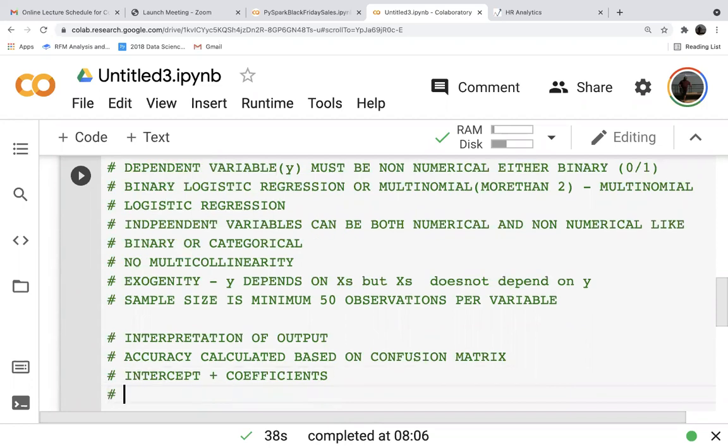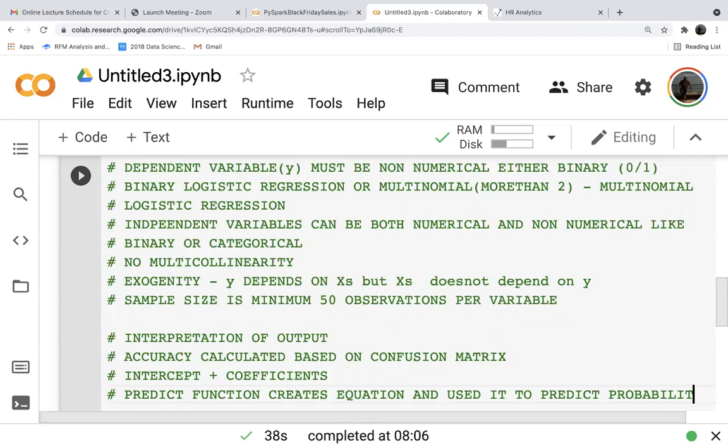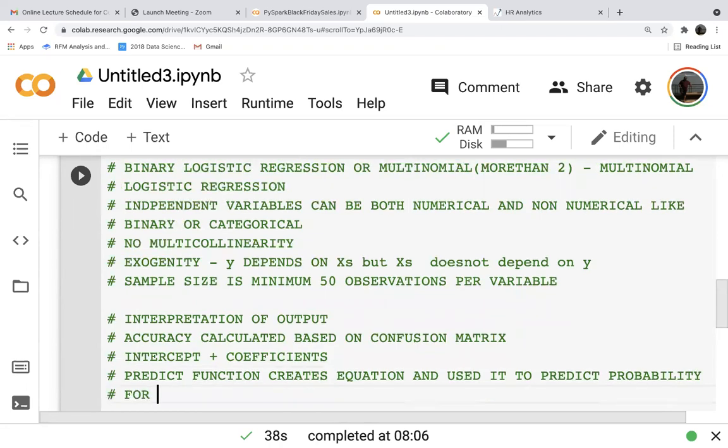So the predict function creates the equation and uses it to predict probability for observations. Based on this predicted probability, we will be classifying the observations.